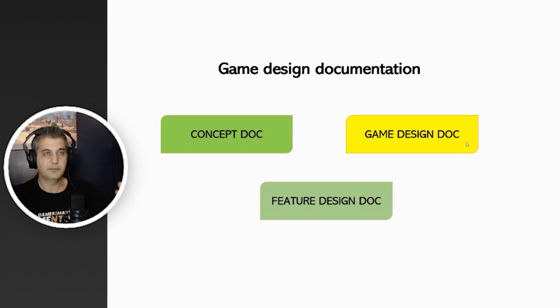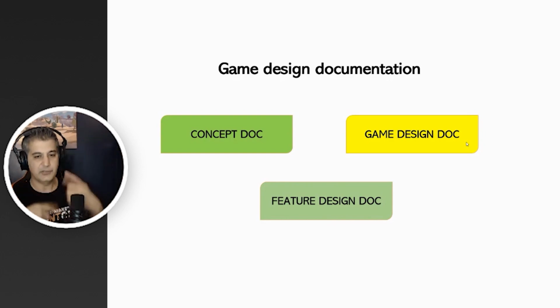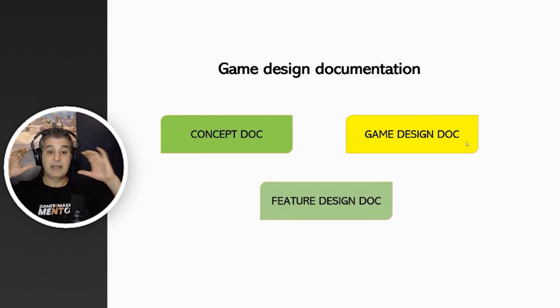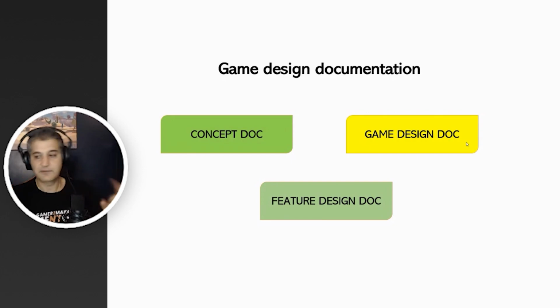For example, in a free to play game company, you might join as a game designer, and the game is already made. The game is already running, and you're in live operation. Live operation means that the game is released, and you're adding new features, like maybe a new leaderboard, a new season pass, or a new feature in the game, like some kind of ability. That new thing you're creating will have its own design documentation, which is a feature design documentation. So you as a game designer may be asked to work on a feature design documentation, right? So generally these are three different kinds of documentation that you can have in a game.